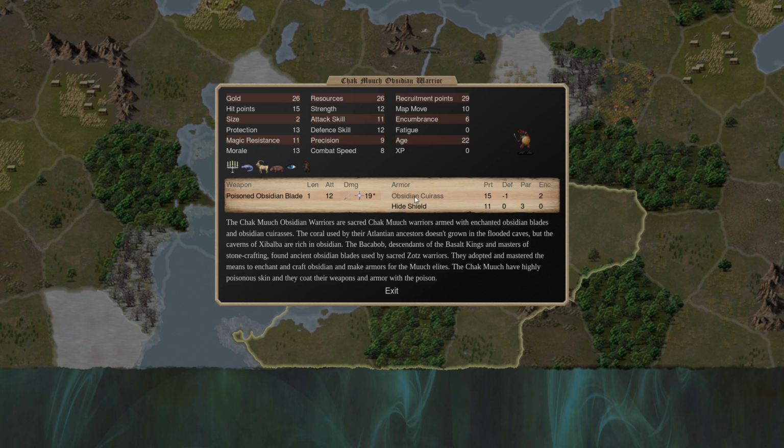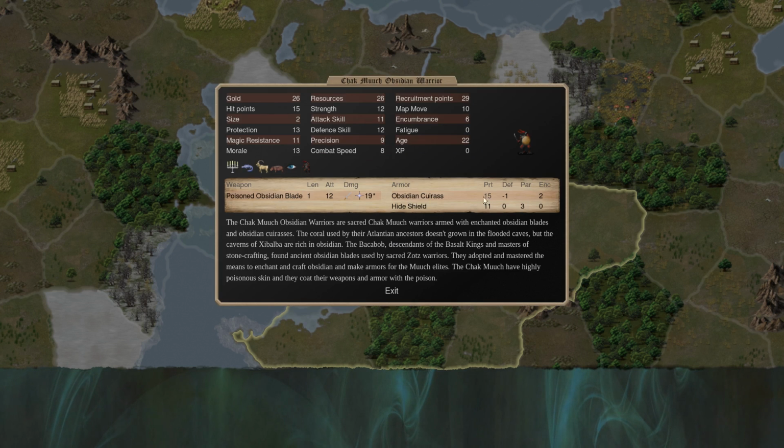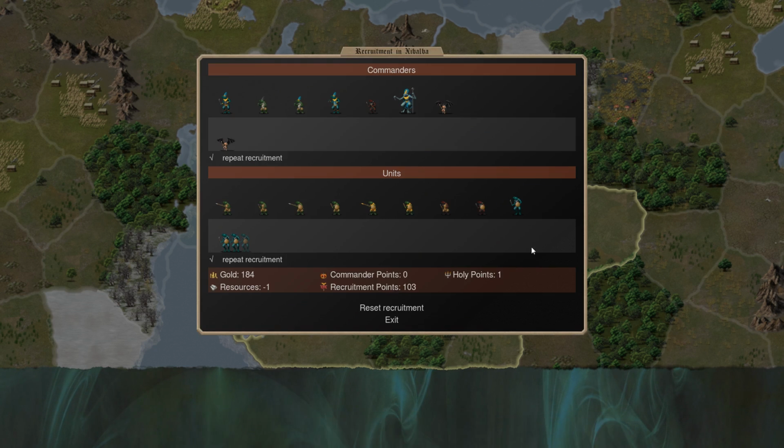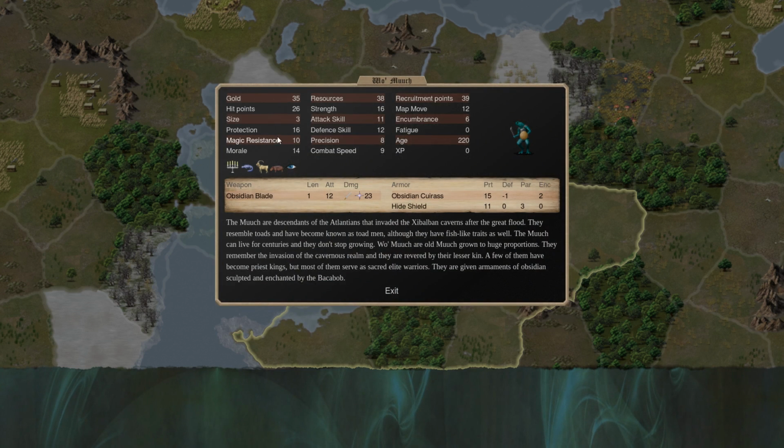They have an Obsidian Cuirass, which costs the earth. It's magical armor, but not great magical armor. They have a crappy hide shield, and they once again have no helmet. And then you have the Womuch, who is just about the only one of the sacreds that's worth anything, because